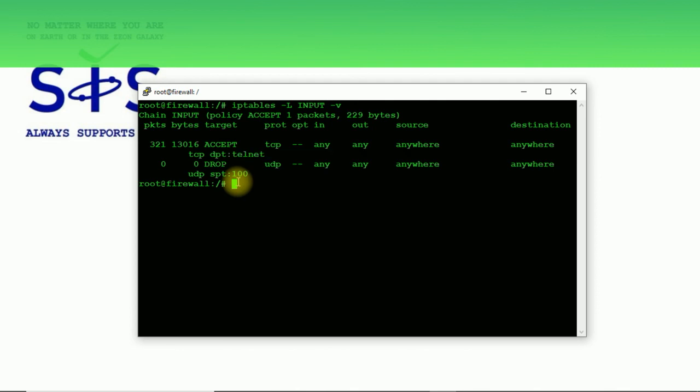You can always flush the memory of packets that reach your rule, simply using iptables dash capital Z input, and for example you can type a number of a rule.